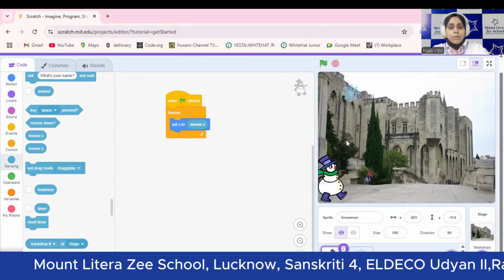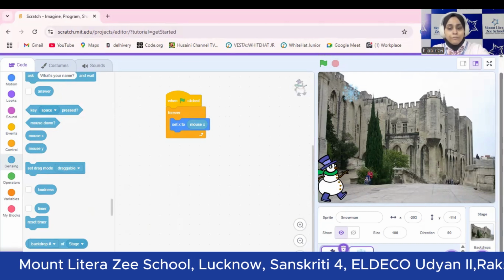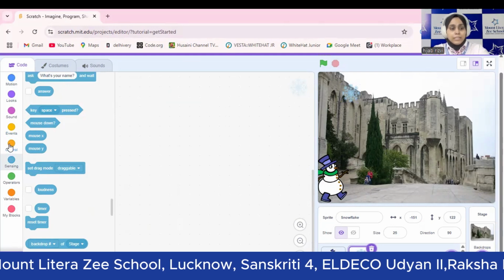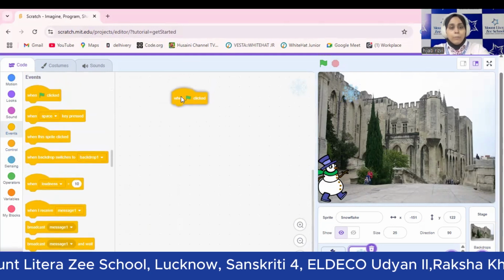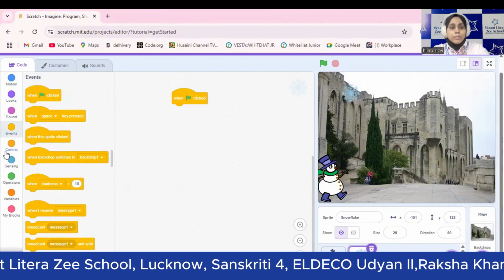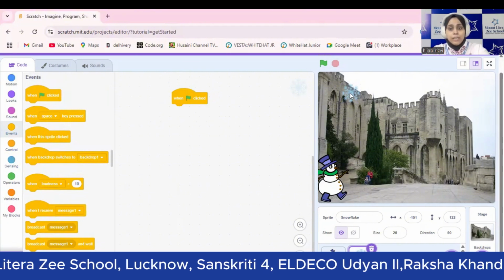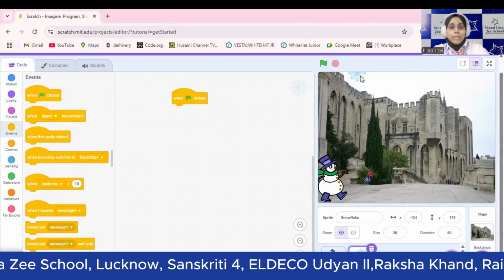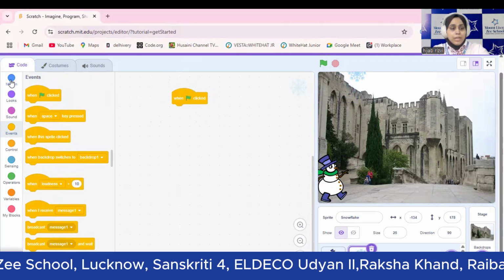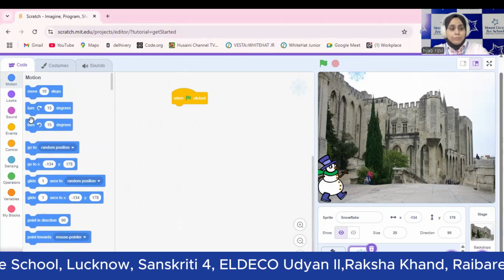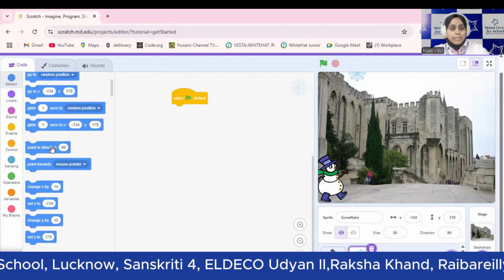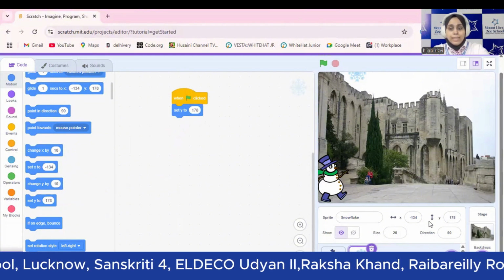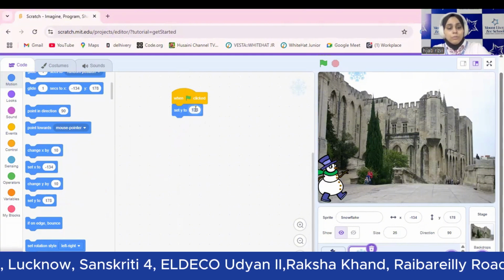Clear? Now, the second thing is we need to let the snowflake fall, and we will be getting points after collecting it. So again, we will drag when flag is clicked. The next thing is we will set its coordinate. Since I'm going to place this snowflake at the very top, which is going to be 180, I will set its position. So I can set Y, because it is along the Y axis, which is the standing line, right? So we will set it to 180